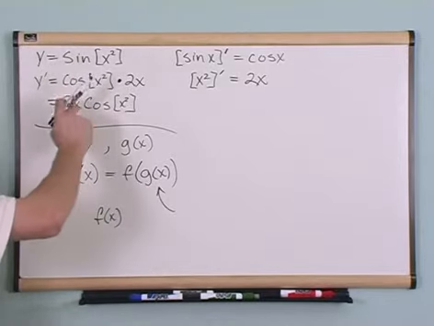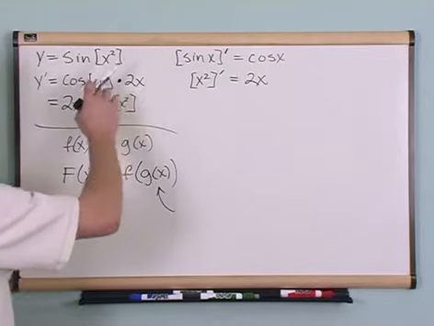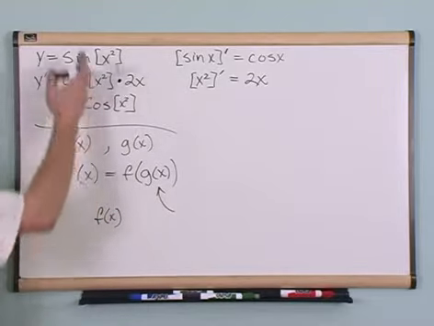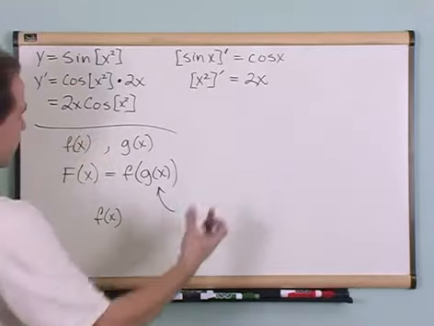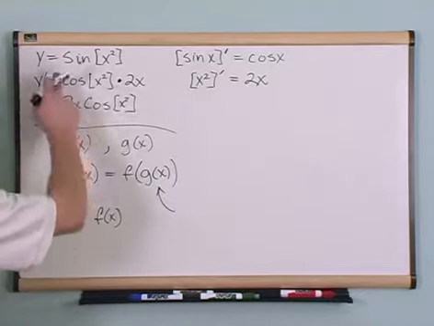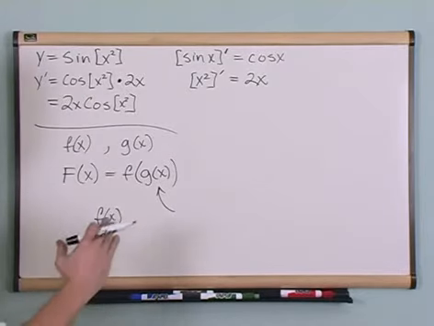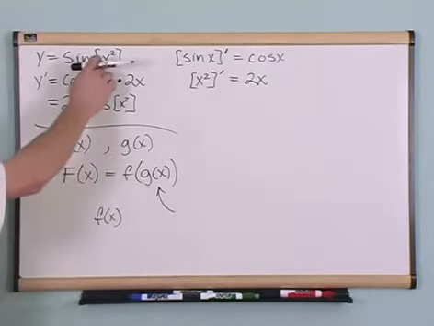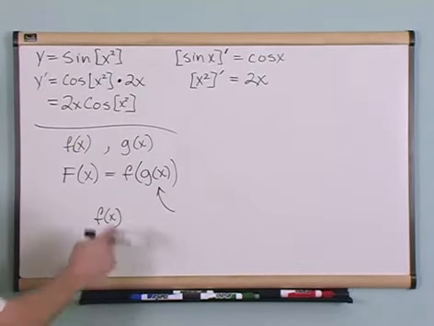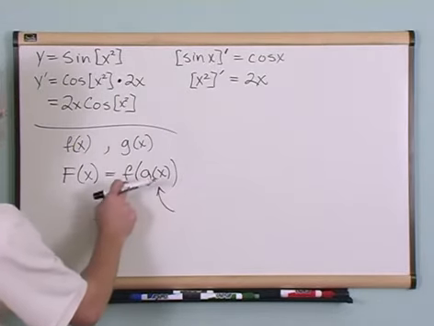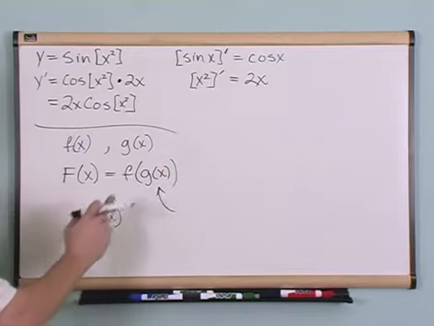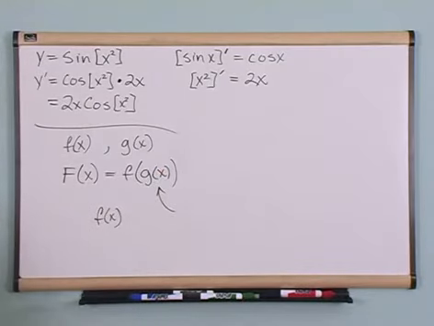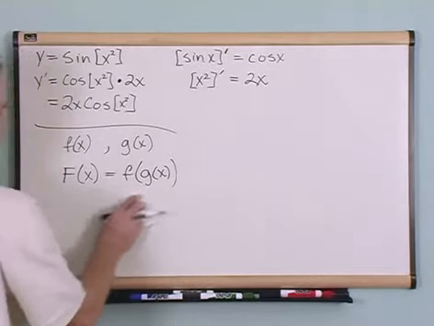You have sine of x, but then you tuck in x squared in place of the x, and so it's a function of x. The big picture is the sine of x, and you snuck in the back door an x squared in place of the x. So it's a function of a function of x. It's called the nested function. Okay, so when you've defined a function of a function like this,